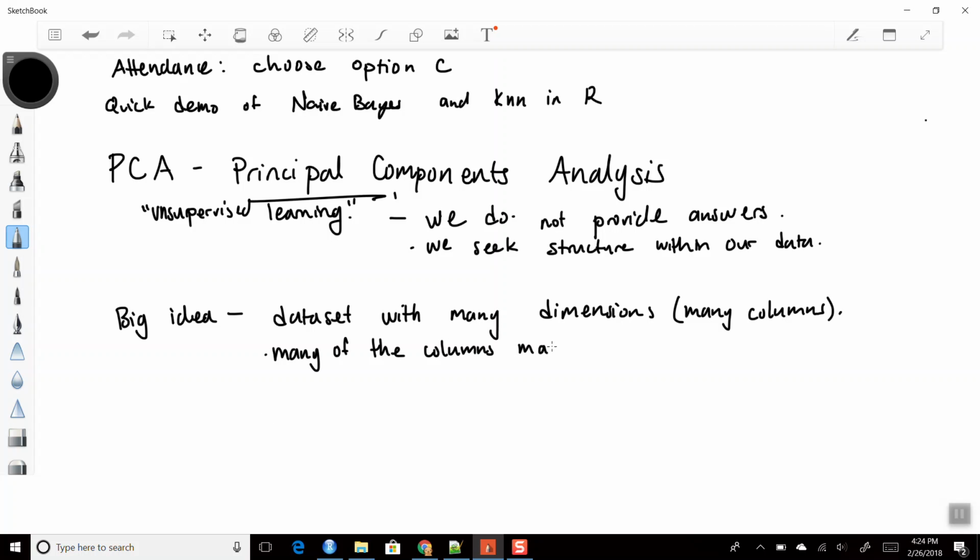Columns may exhibit collinearity. And the idea is, can we reduce this data set that has many dimensions